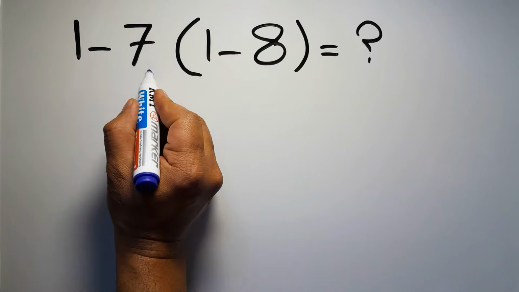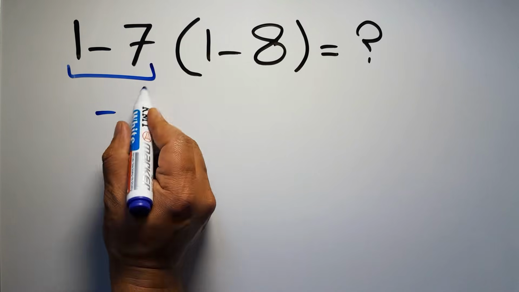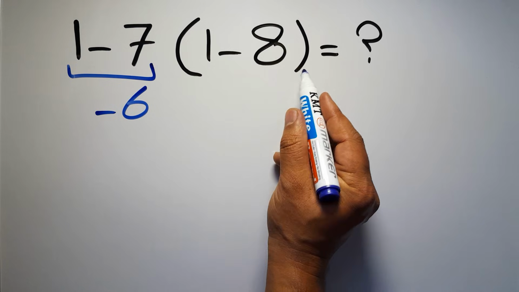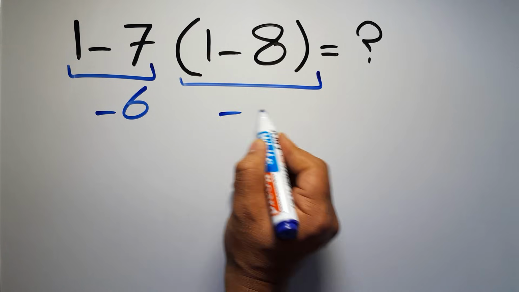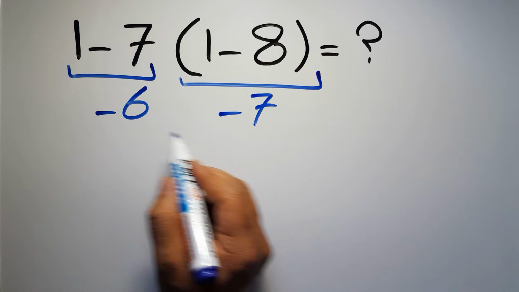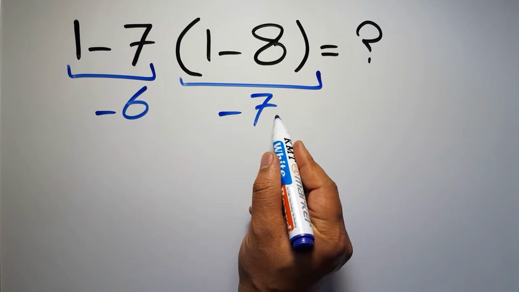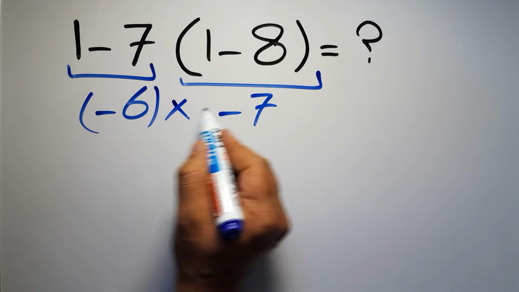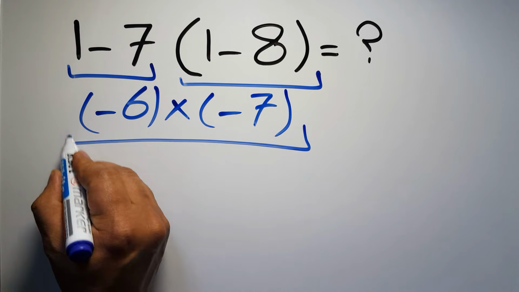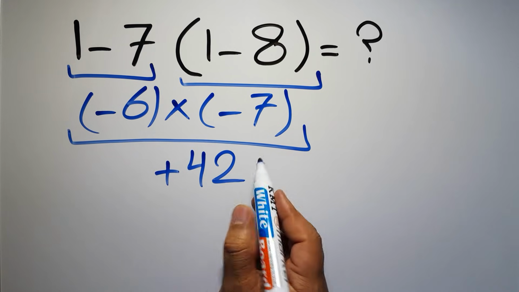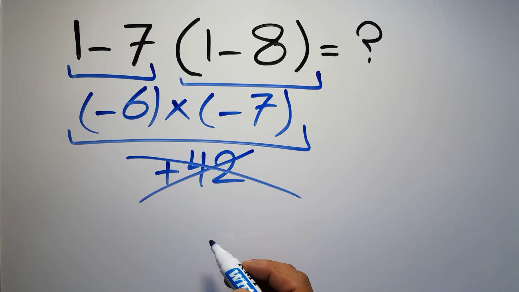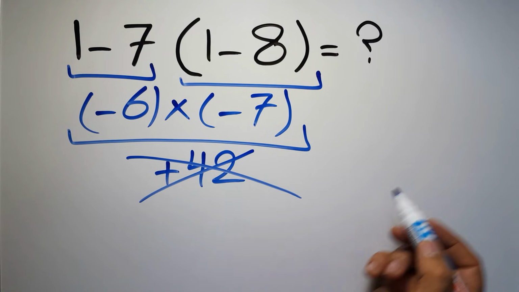1 minus 7 equals negative 6. And inside this parentheses, we have 1 minus 8, which equals negative 7. So, negative 6 times negative 7 gives us positive 42. But this answer is not correct, because according to the order of operations, first we have